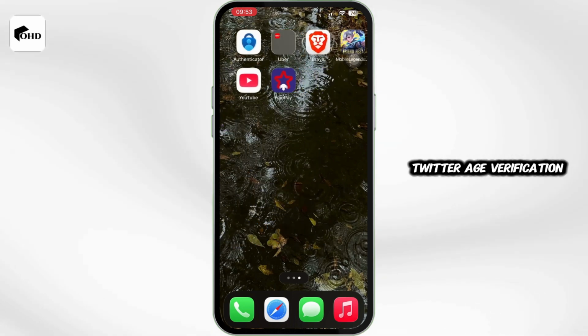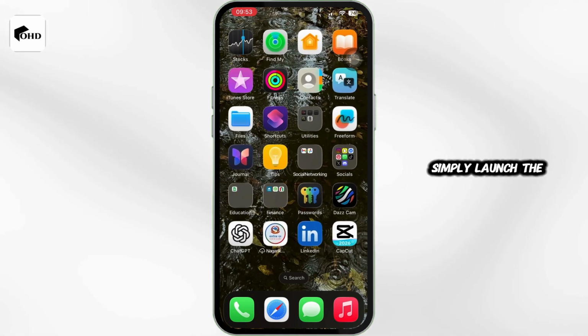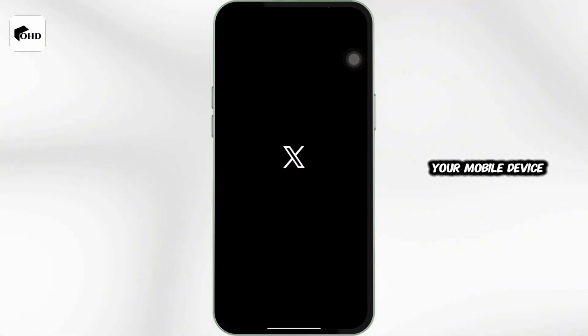How to fix Twitter age verification problem. Let's get started. For that, first of all, simply launch the X application in your mobile device and then log